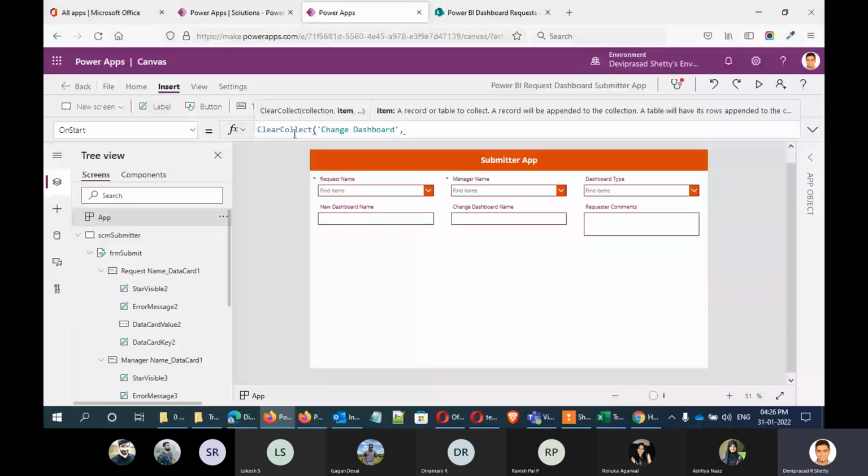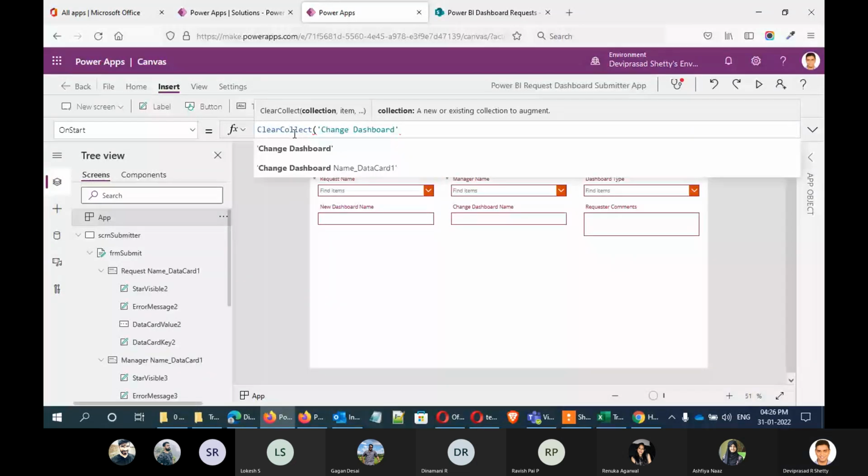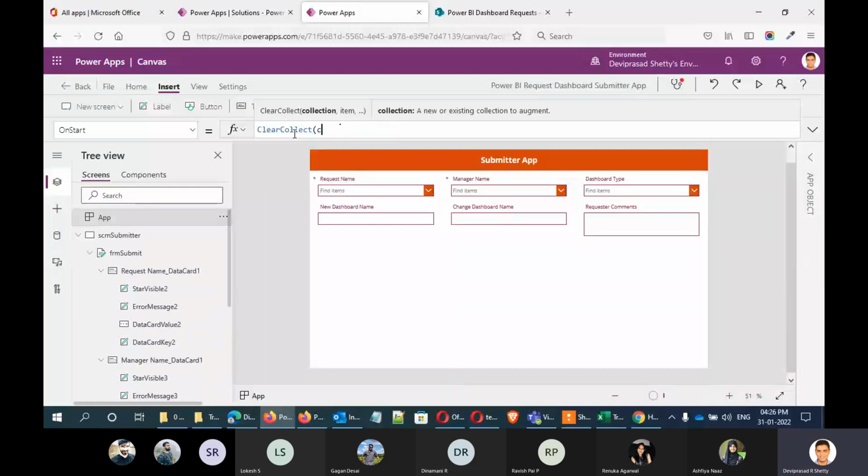If I have to filter the request based on some criteria, I can give it, but right now I don't have any criteria for this. Sorry, there is a mistake. First I have to declare my collection variable. So I'll give it as colChangeDashboard, comma,